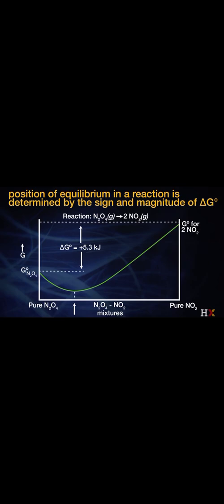The position of the equilibrium in a reaction is determined by the sign and magnitude of delta G. We've already determined this for N2O4 and NO2. That is, with delta G being positive, it means that we have to go uphill in free energy, going from pure reactants to pure products. Now that doesn't mean the reaction won't take place. It means that the reaction proceeds initially down the surface of delta G,